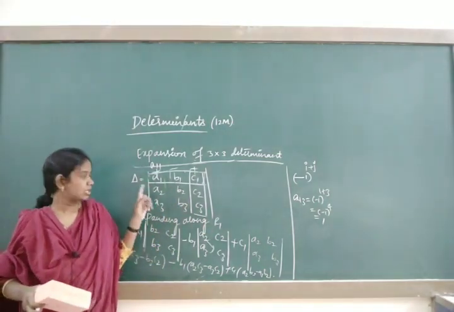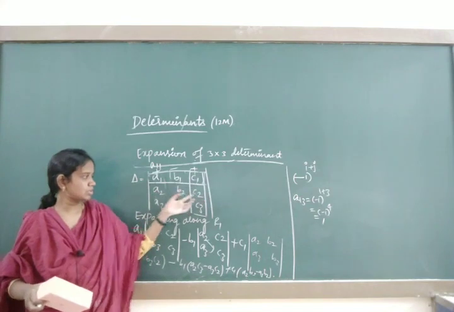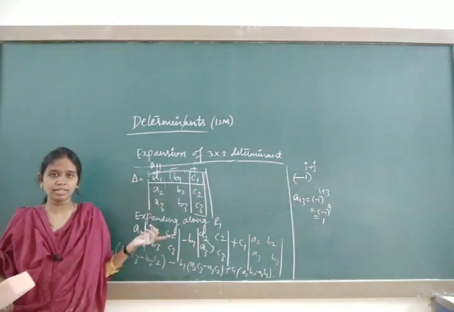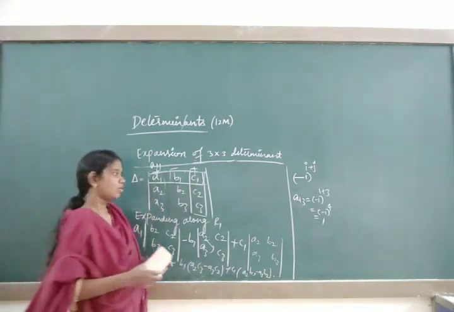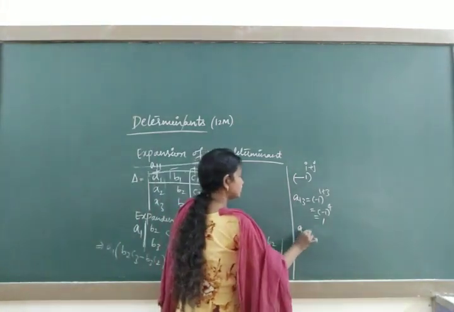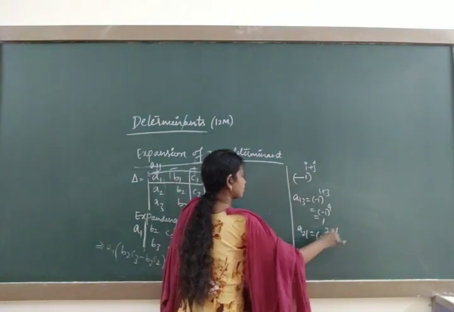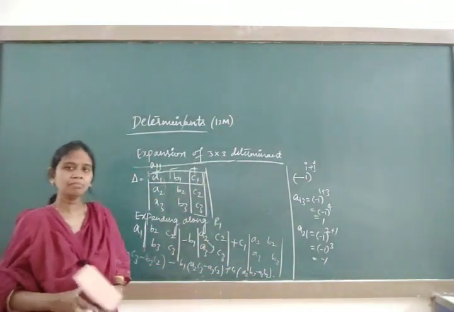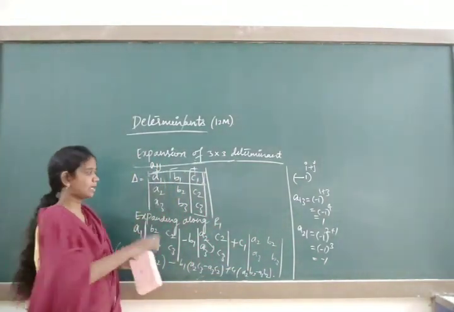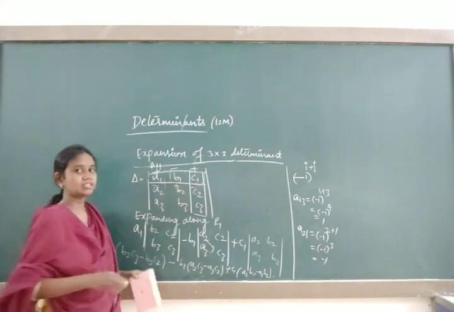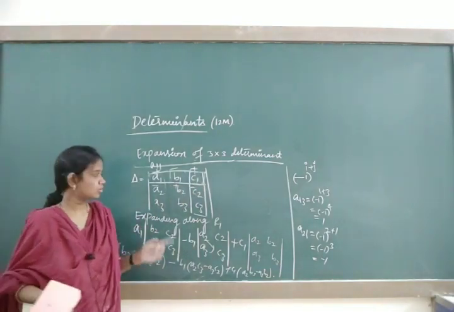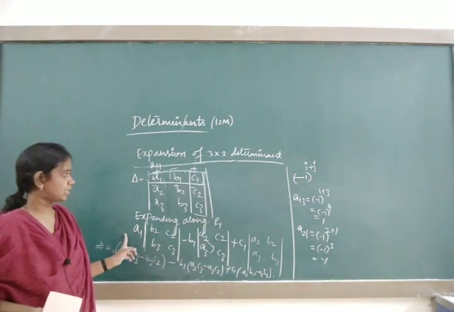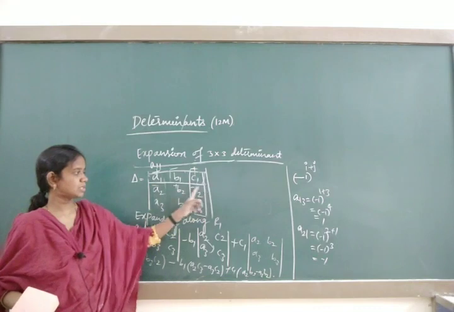Similarly for this also. A2 is present on which row? It is present on the second. A21 we call it. Recall the matrix. This is A21. If you substitute it in this, A21 will become minus. It means this position will become minus. This is plus and this is minus. If you are expanding along R2, you have to take minus A2 instead of your plus A1. Then close A2 wherever it is present.